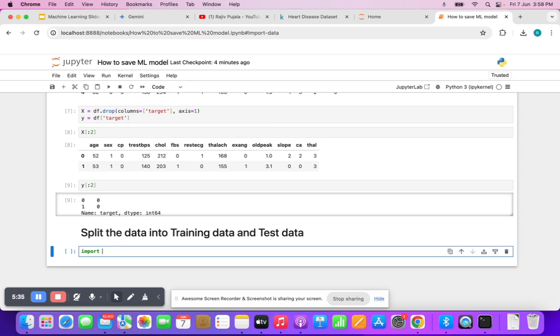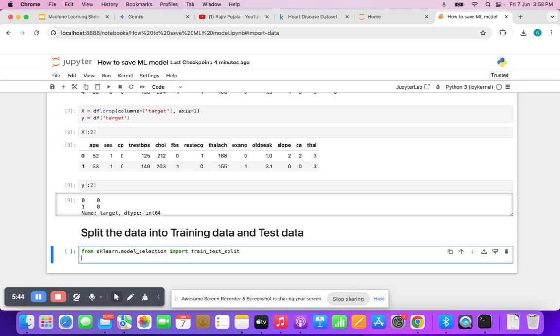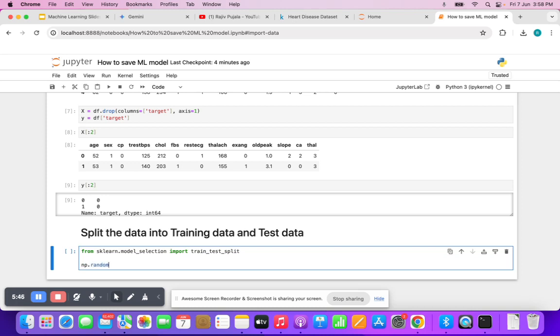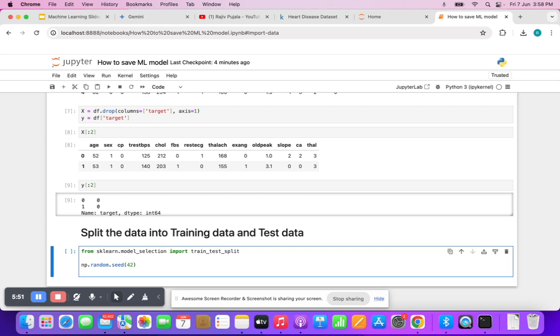We have to import this from the sklearn.model_selection module, import train_test_split. You can use this np.random.seed(42). Basically, if you use this, the way it splits for me, the same way it splits for you as well. X_train, X_test, y_train, y_test is equal to train_test_split(X,